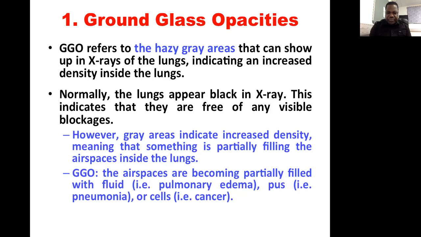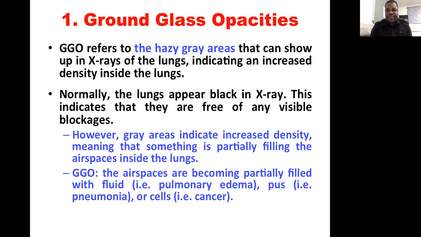But when you see a gray color instead of black, it means there is an increase in density. This means that the air spaces are partially filled with something. That something can be fluid, or it can be pus, like in this case of pneumonia caused by COVID-19, or it can be cells in patients who have